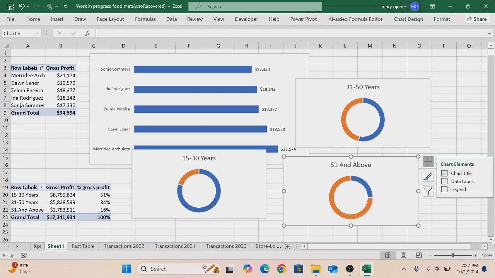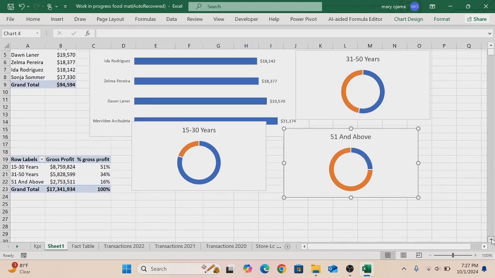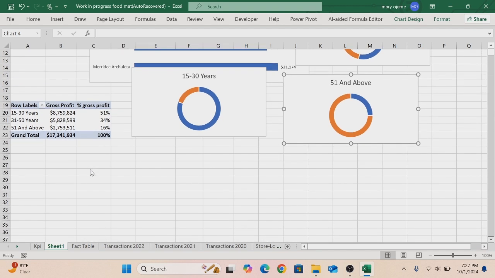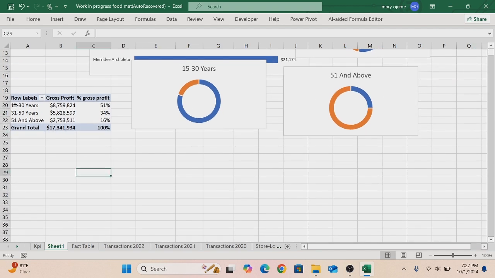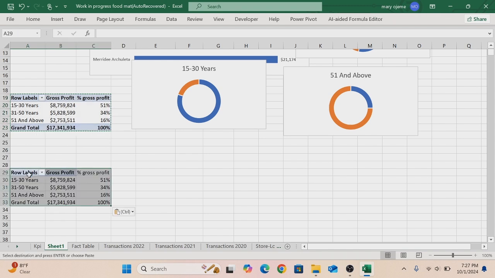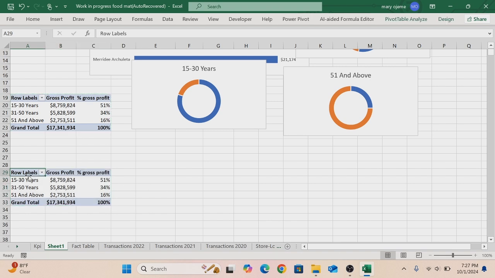Okay, let's move on to the next. Let's copy this. So I like this. Control C. Come down here, Control V. You can press your escape to remove this. Now, for this analysis,